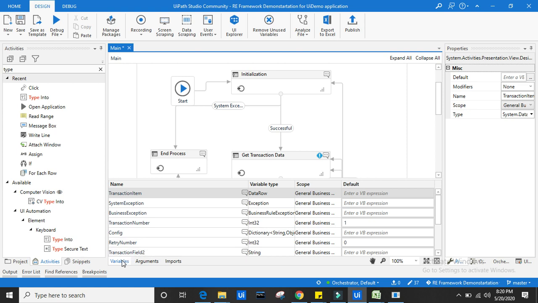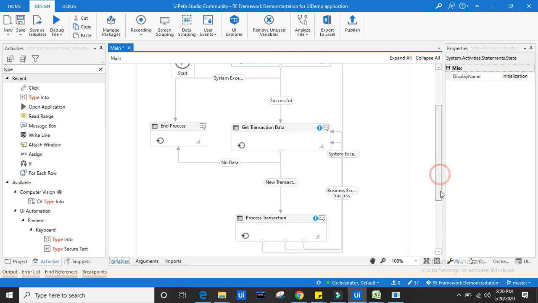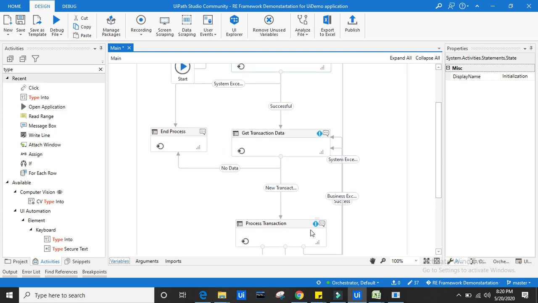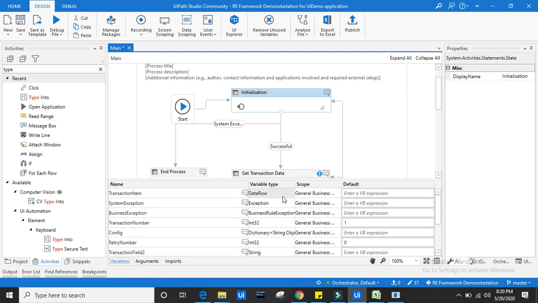So we can see some exceptions. These exceptions or errors, we are going to remove. The basic thing is, whenever we have the transaction item whose variable type is QueueItem, we need to change it from QueueItem to DataRow. There are several places where we can change it. This has to be changed in process transaction also and get transaction data also. This we can do later. First we will deal with get transaction data. So we should always keep in mind that if you are dealing with an Excel sheet, then the variable type should be DataRow only. It will not work for other variable types, right?